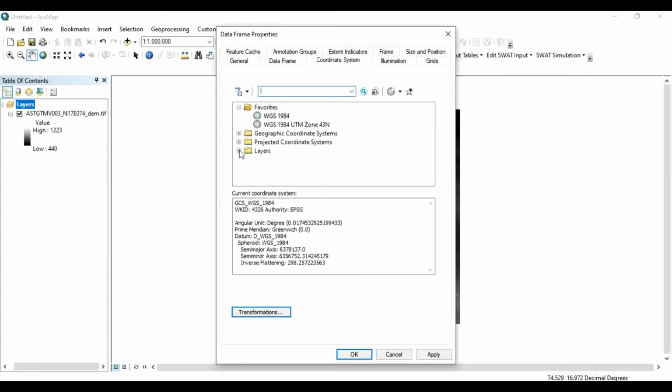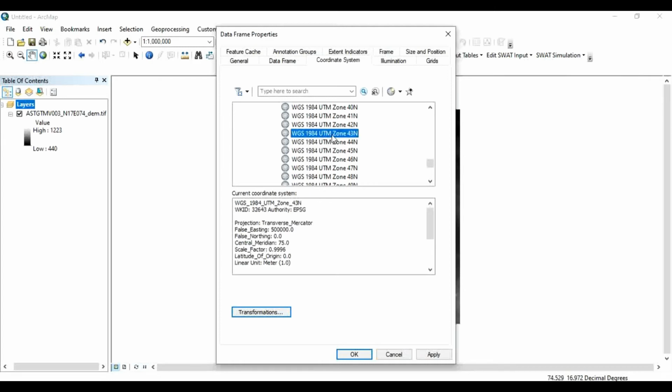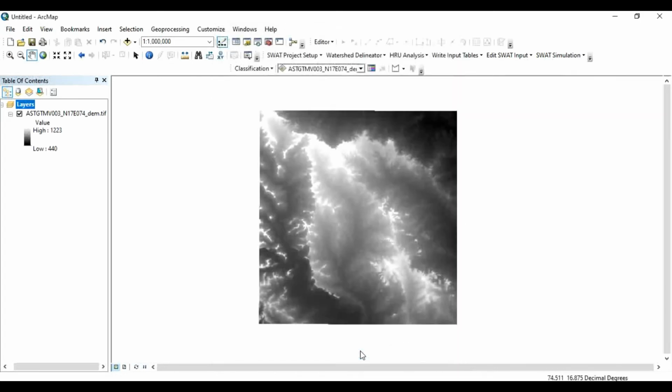Here projected coordinate system, click on this, then on UTM, then click on WGS 1984, then in northern hemisphere and search for 43N. See here, here is WGS 1984 UTM zone 43. So apply and say OK.